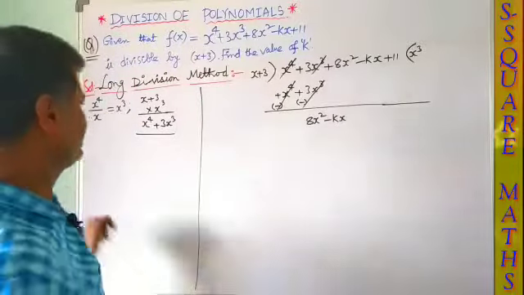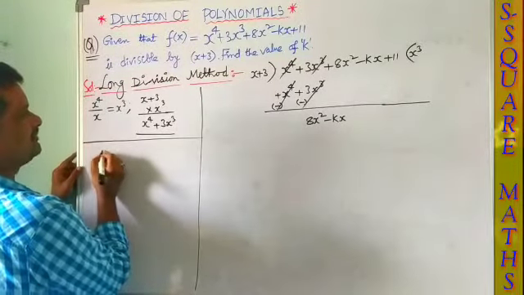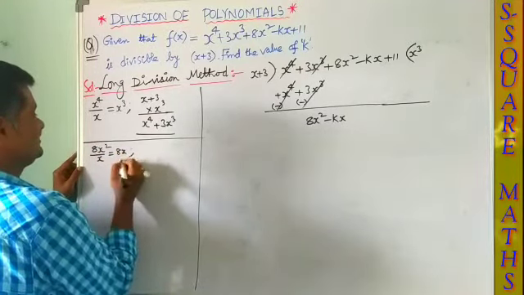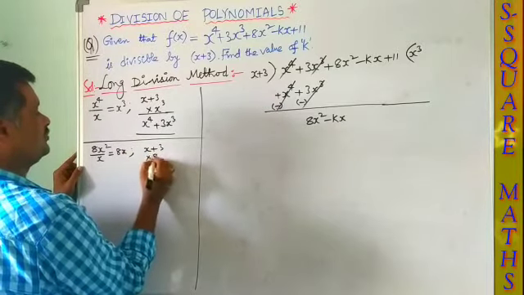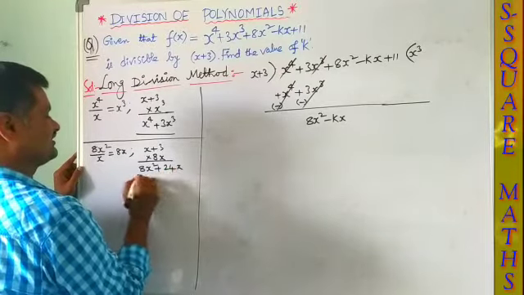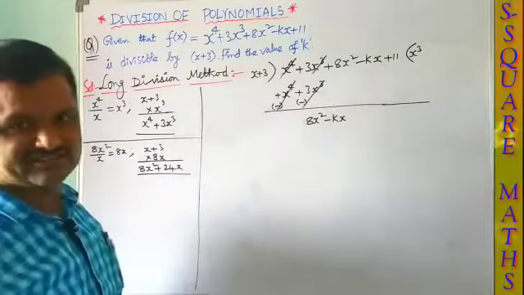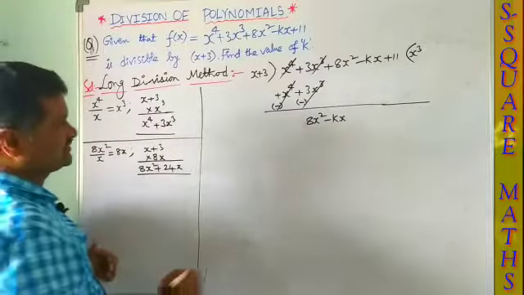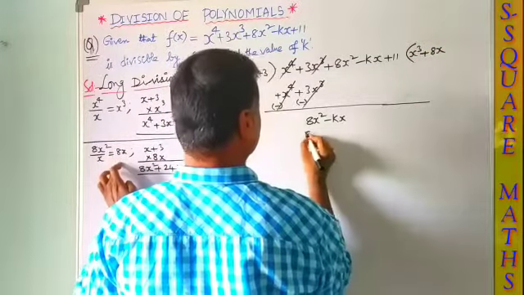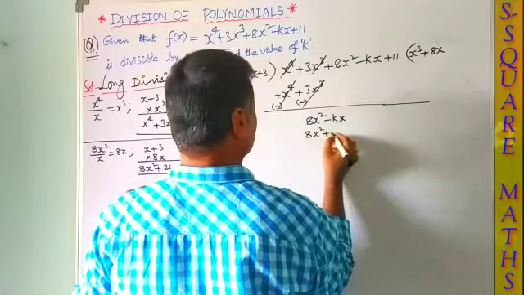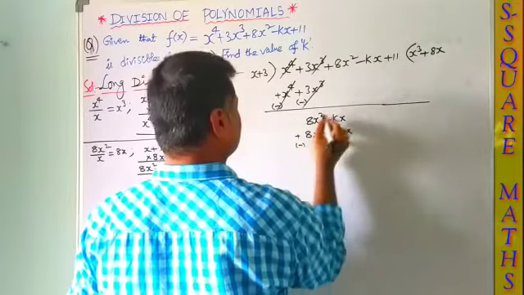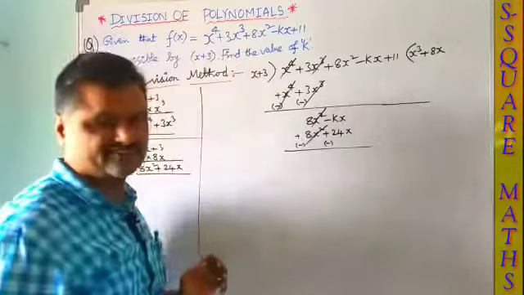Again the same steps. So this is the rough work, completed the first step, and 8x square by x gives you 8x. So x plus 3 into 8x we have to do. We are going to get 8x square plus 24x by multiplying 8x with x plus 3. So 8x square plus 24x. So what we got here, 8x, so plus 8x. Here it is 8x square plus 24x. So change the signs, so minus, since here it is plus, so minus. 8x square minus 8x square is 0.